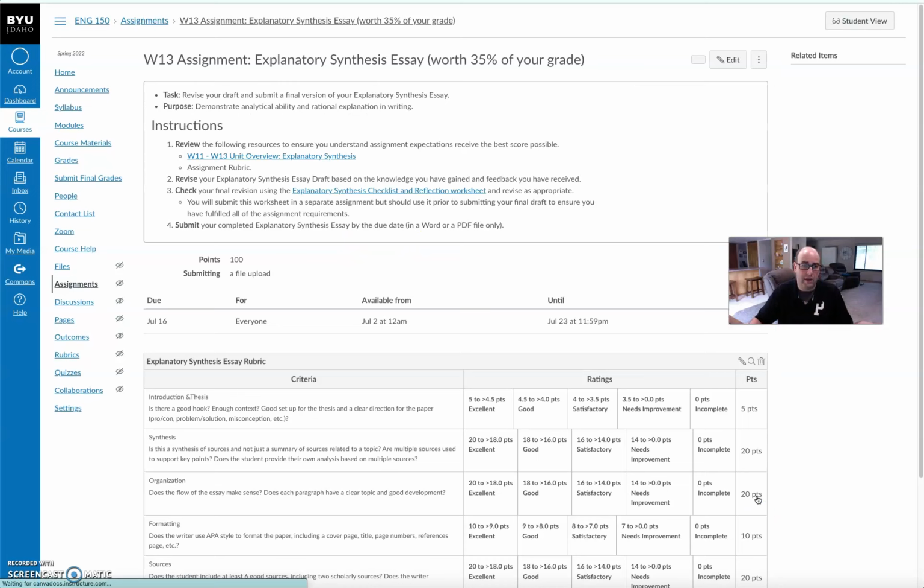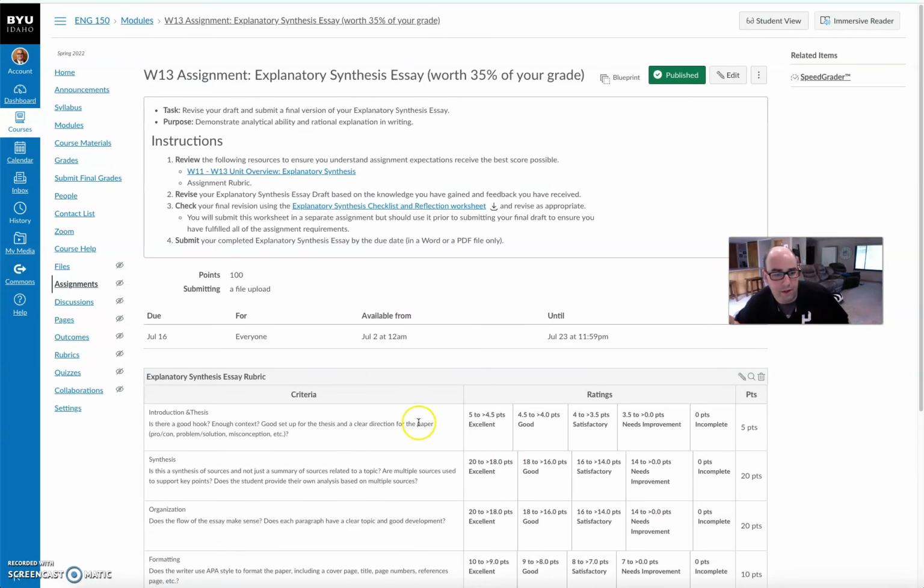And then the final big assignment of the course for this week, this is the explanatory synthesis essay. This is worth 35% of your grade. You want to make sure that you're turning in your very best work on this one. You need to make sure that you revise from your rough draft. Don't just turn in the rough draft again. Revise it and then turn it in,